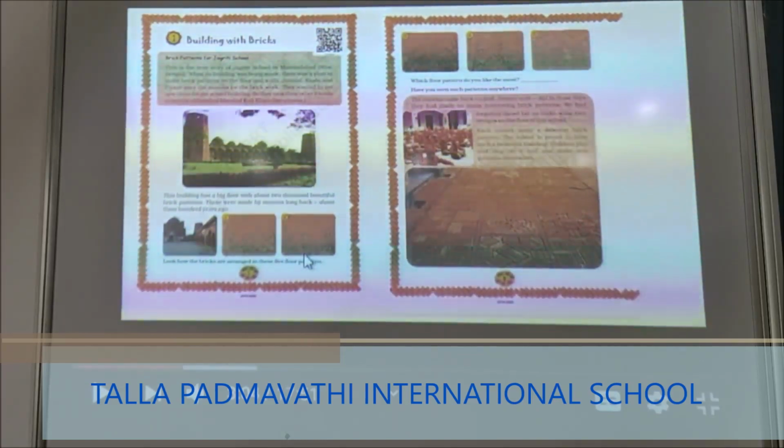Jamal, Kalu and Piar were the masons for this brickwork. What do you mean by masons? Masons are the workers who do the construction. So these 3 members were the people who did the brickwork. They wanted to get new ideas for the school building. As they wanted to design the Jagriti school in a different manner, they wanted to get different ideas from different places. So they took their other friends to see the old tomb of Murshid Quli Khan.